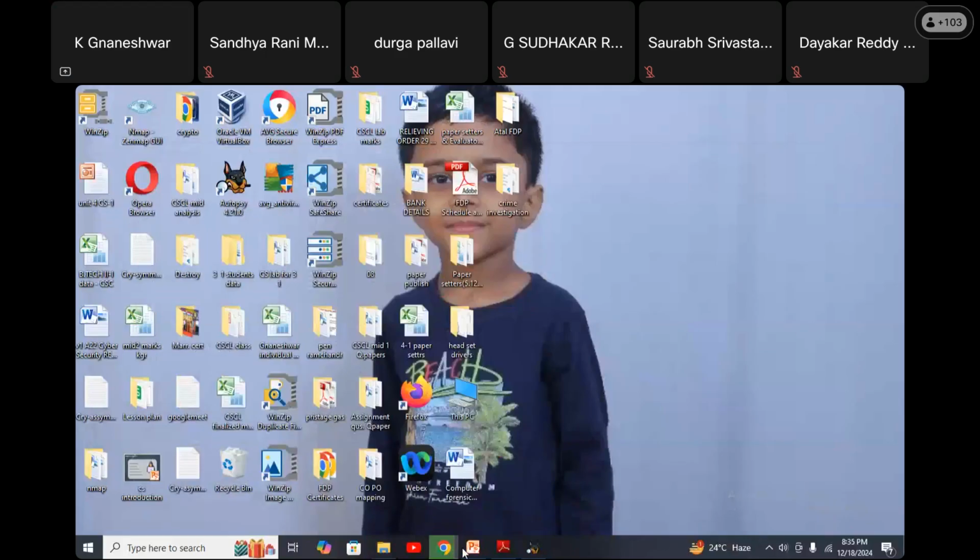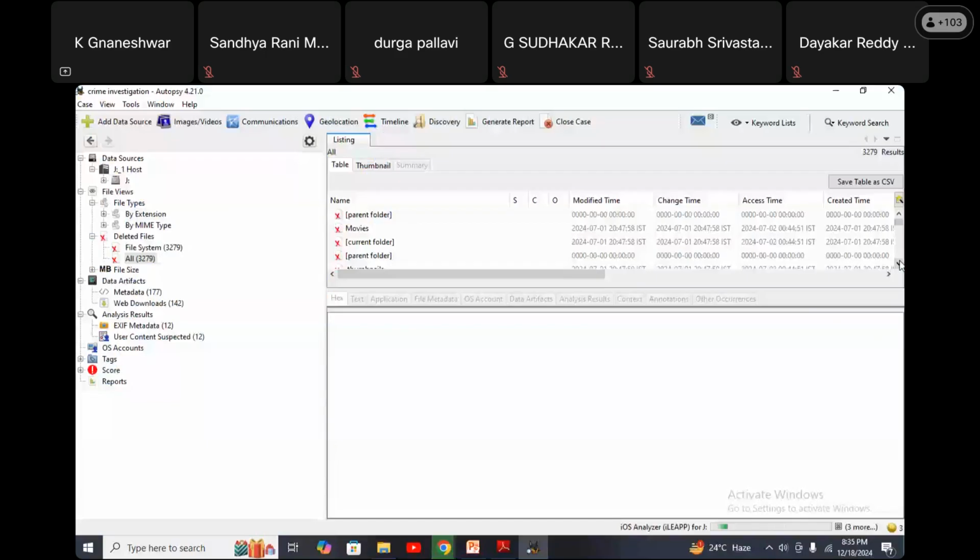It will be visible, and I can recover this data also. It will be visible here, although there is a lot of data. If there is only a little data on the pen drive, we can see it directly.